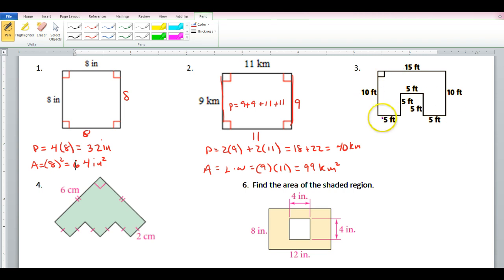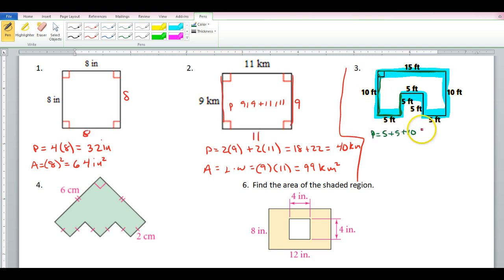Okay. Now number 3, when we look at number 3, for the perimeter, right, you're going to pick an area to start. And you know you're just going to walk around and add up every piece of this object. So when we look at it, I start at one place, and I say, okay, the perimeter is going to be from here to here is 5, plus another 5, plus 10 now, plus this here is going to be 15,